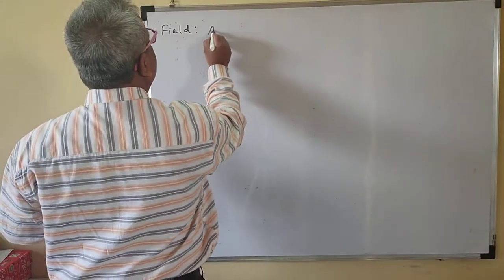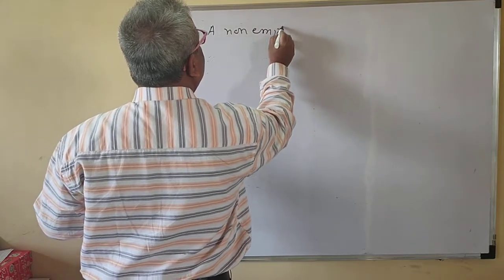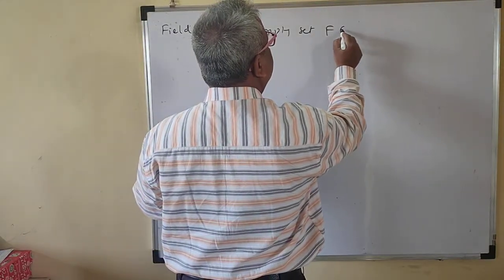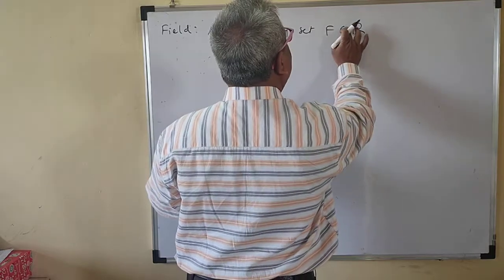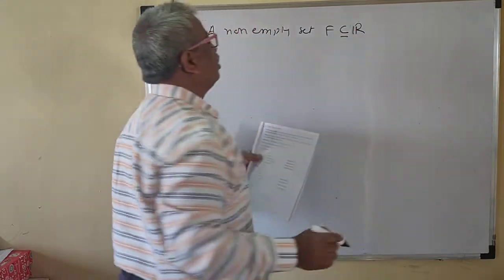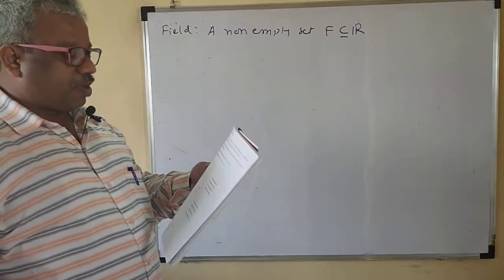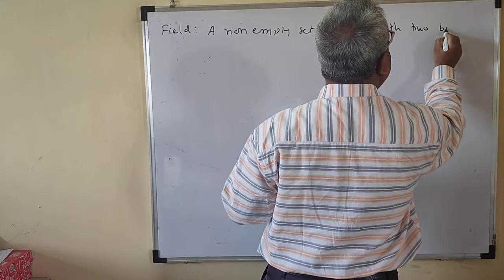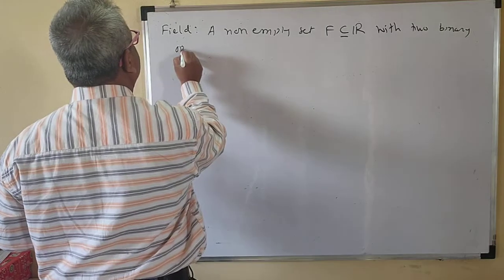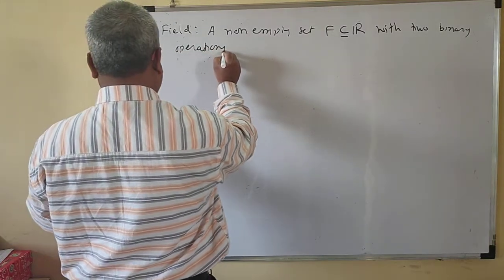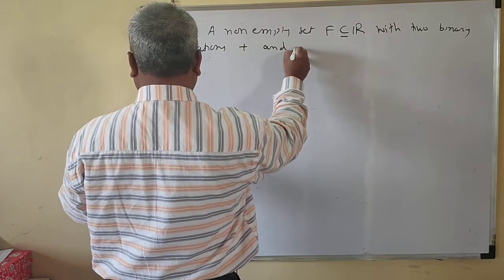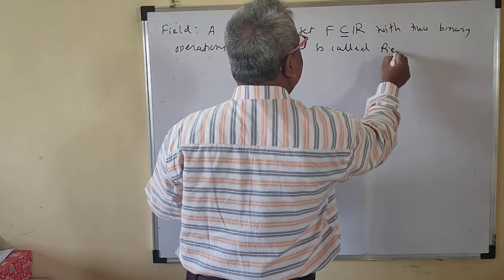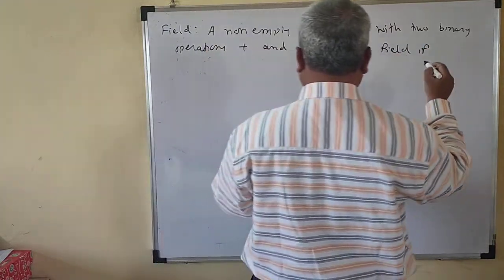A non-empty set F, which is a subset of R, with two binary operations, plus and dot, that is multiplication, is called a field if it satisfies